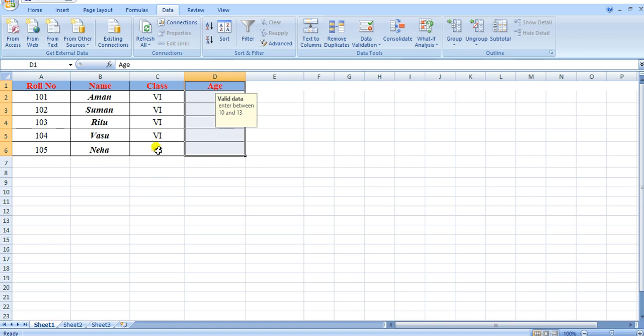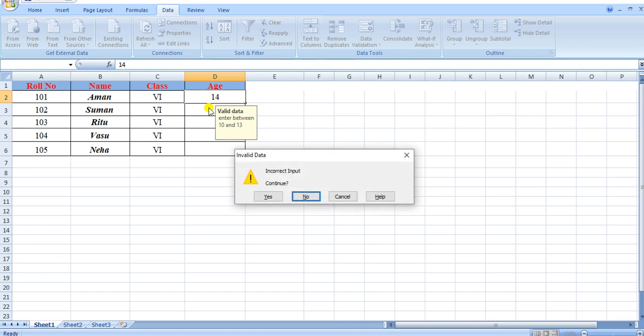Now suppose I select the cell D2 and enter the age as 14, which does not meet the specified criteria which I have mentioned in the data validation, and click on Enter.